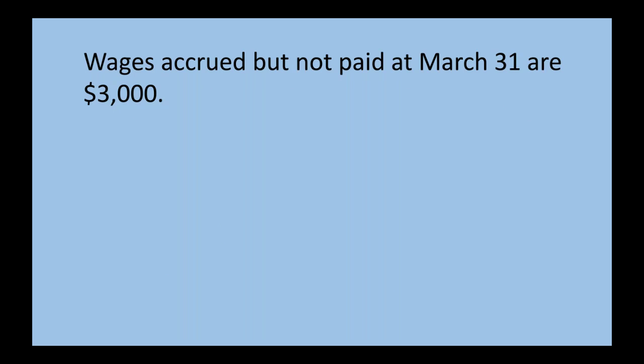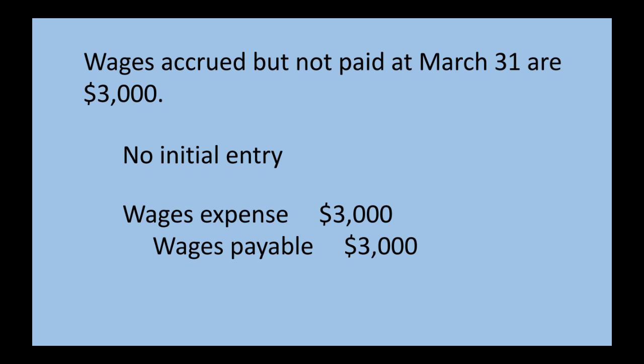The next type of adjustment entry is for accrued expenses. In this case, the company has accrued expenses for the wages they have not paid to their employees yet of $3,000. For this type of adjustment entry, there is no initial entry. So you have to jump right to the adjustment entry itself. But because the company has accrued these expenses, you need to debit an expense account and then credit a liability because you have not paid them yet, and you are now liable to pay your employees. So here you see that there's a debit to wages expense of $3,000 and then a credit to wages payable